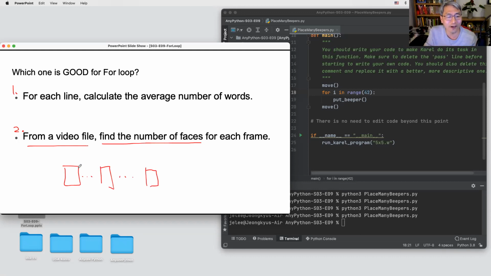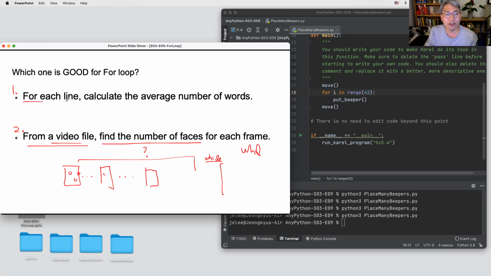So we are going to count the number of faces. We don't know how many frames, images, are in a video. At that time, when we are doing Python programming with a video file, almost all the time we are going to use the while loop until the end of the video file. So while is better for the video file.